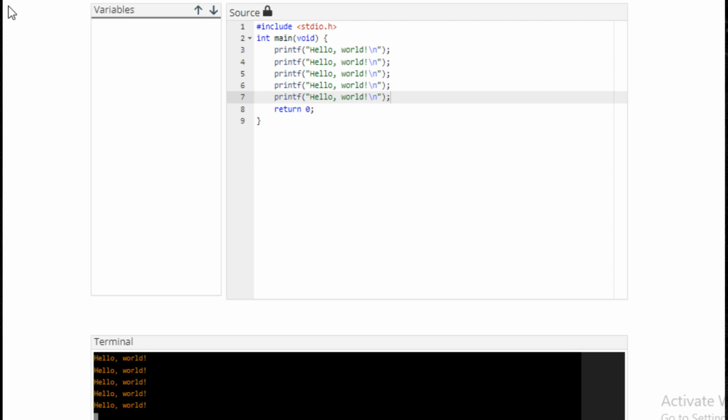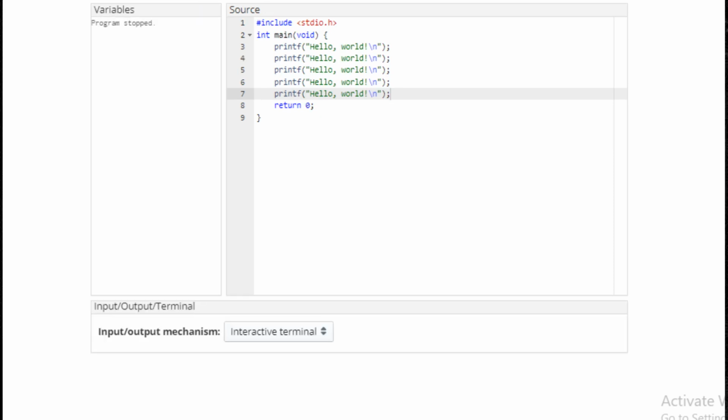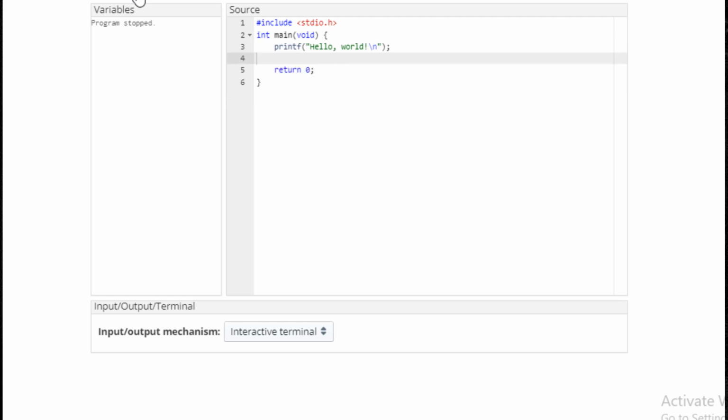Well, there is another way to repeat an instruction: with a loop. So let me edit and I will show you how to do that, to repeat this instruction 5 times. I use a special loop that is called the for loop. The first step is to add a new line at the beginning of the main here, and to write int i = 0;